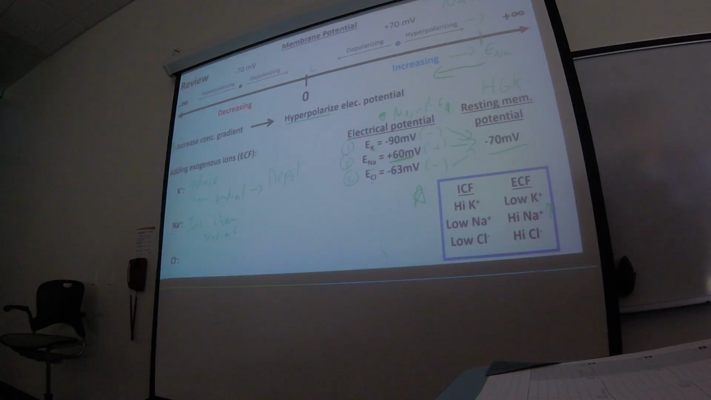So what does that mean? What are we doing to the electrical potential? Are we hyperpolarizing it, or are we depolarizing? We're hyperpolarizing it, right? So we're taking this value here, and we're moving it in this direction. Hyperpolarizing, going away from 0. So we're dragging our total membrane potential closer to positive infinity, right? And so in a